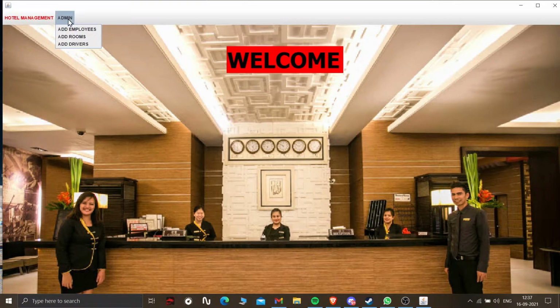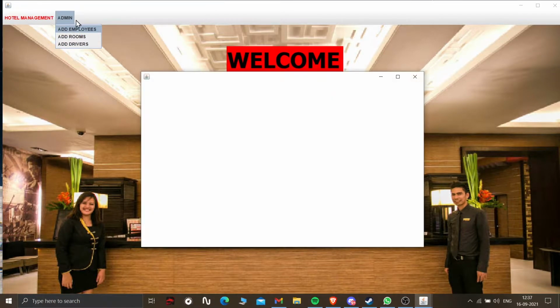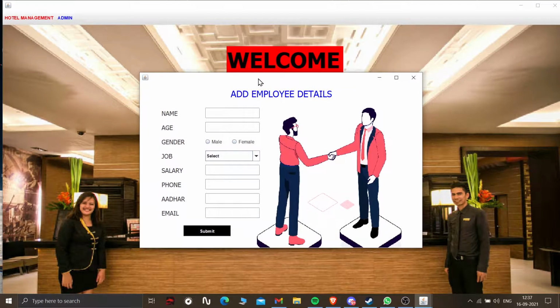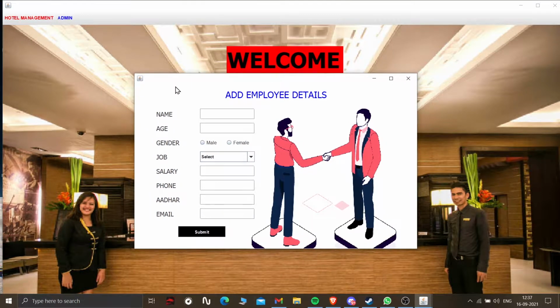So let's look at employees. I need to add employees, and I can add employees from here. See, a pop-up box came and then I can add employees. Let's say the employee name is Thanos, and his age is 50. His gender is male.